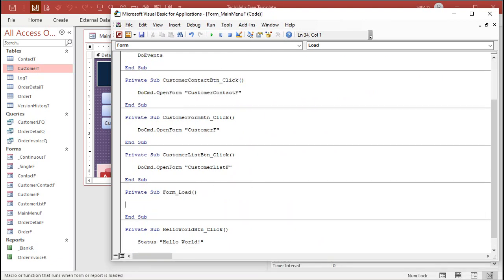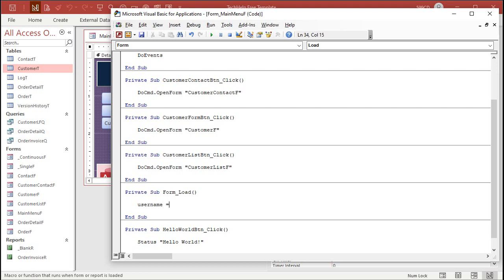This is what happens when the form opens up. There's form open, there's form load. Don't worry about exactly when each runs. They're slightly different, but they both do pretty much the same thing. So here we're going to figure out the username based on the Windows environment variables. It's not super high-tech computer secure. Hackers can easily get around this, but assuming your office users are not computer experts,